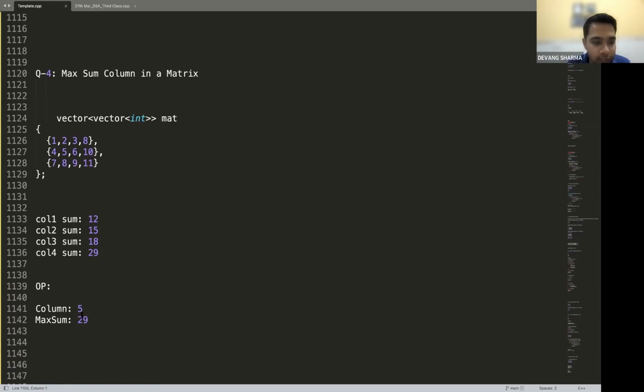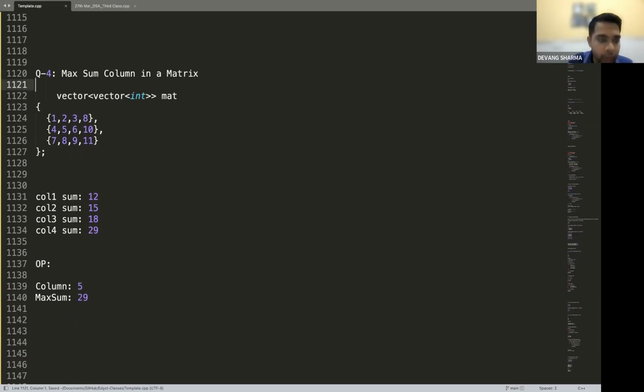I'm following 1-based indexing. That's why I'm writing 5. How you handle it in the code is up to you. I'm following i plus 1 indexing, or 1-based indexing. That's why it is 5. Okay, 1, 2. This is 4 and index is 3. Basically, I'm following 1-based indexing. That's what I'm saying. So my column output should be 4 and should also print what the maximum sum is,